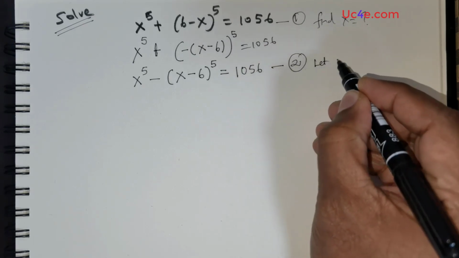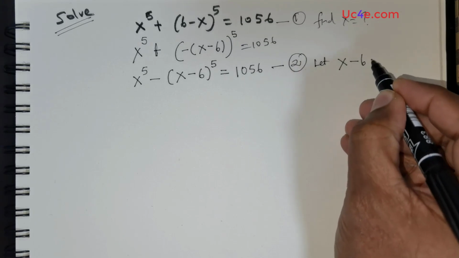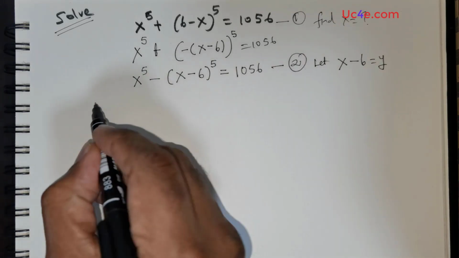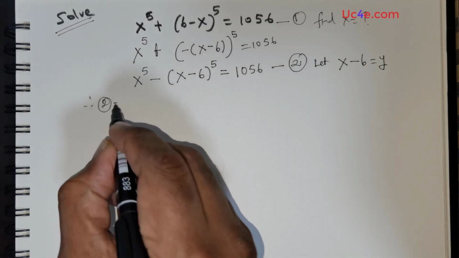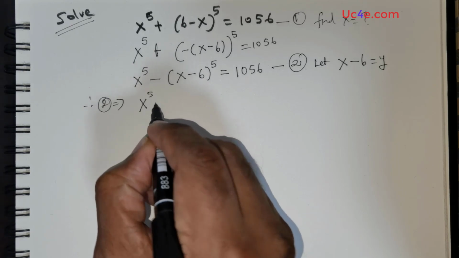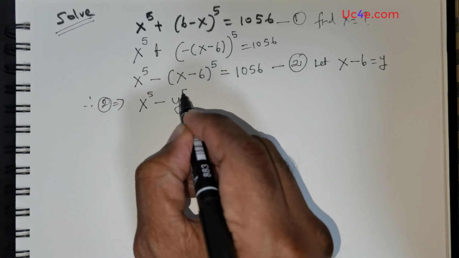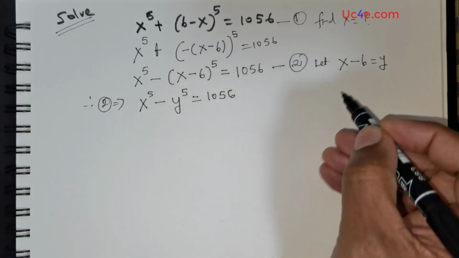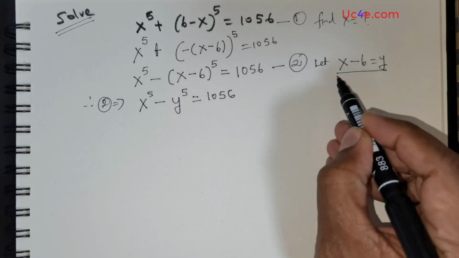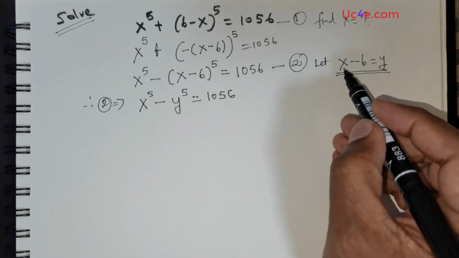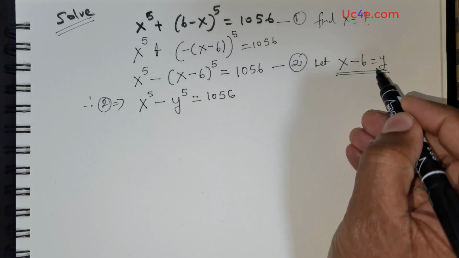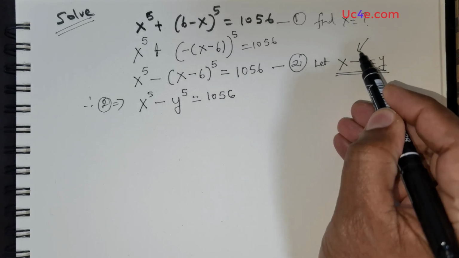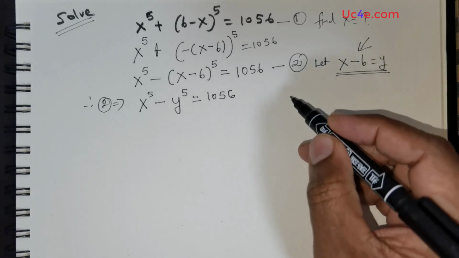Now from here, let me just take x minus 6 to be equal to y. And if I do that, I can rewrite equation 1 as x raised to the power of 5 minus y raised to the power of 5 is equal to 1056. Now this is the all-important substitution that we are making. We are taking x minus 6 to be equal to y, and we will make use of this all-important substitution all through this entire solution,